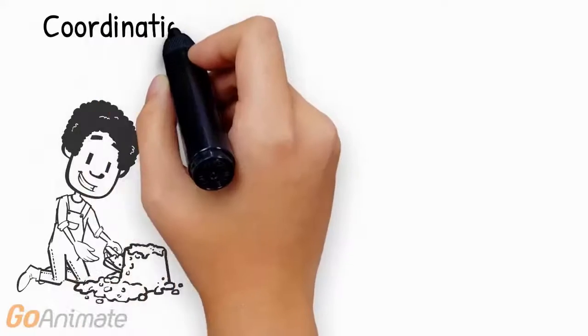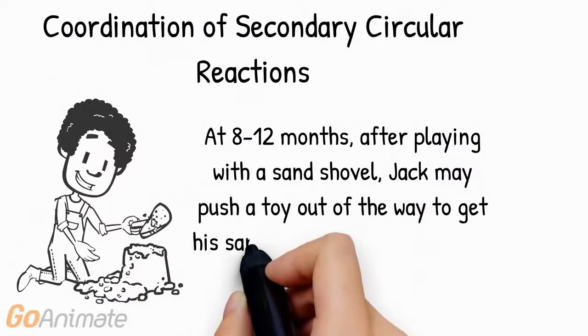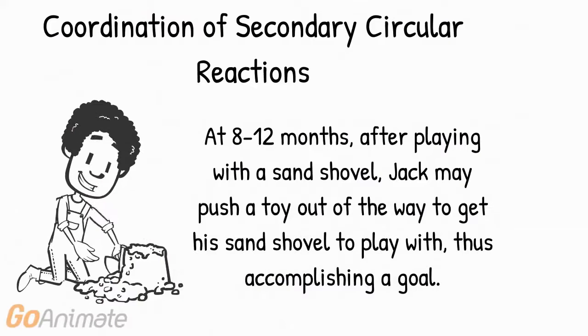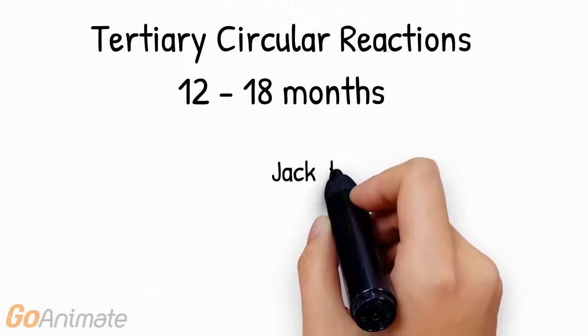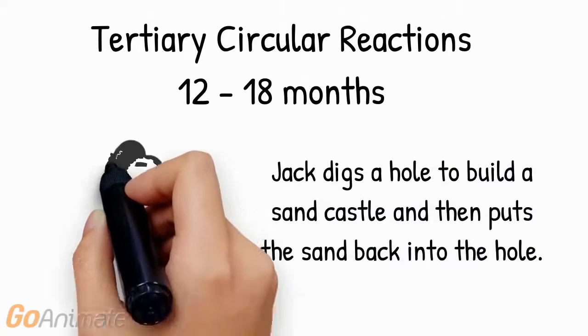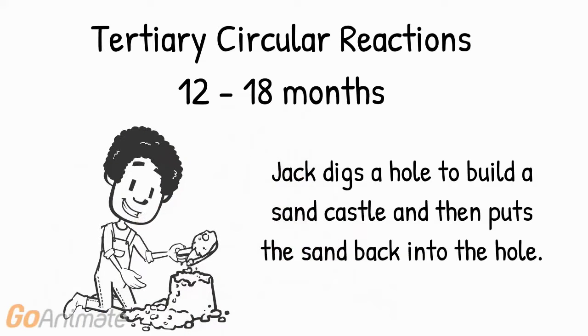Coordination of secondary circular reactions are when a baby learns to accomplish a goal. For example, Jack pushing an object out of the way to get to his favorite toy, the sand shovel, is an example of the coordination of secondary circular reaction. Tertiary circular reactions are when a child can reverse what he accomplished prior. So for example, if Jack digs a hole to make a sandcastle and then decides that he wants to put all the sand from his castle back into the hole and pot it,